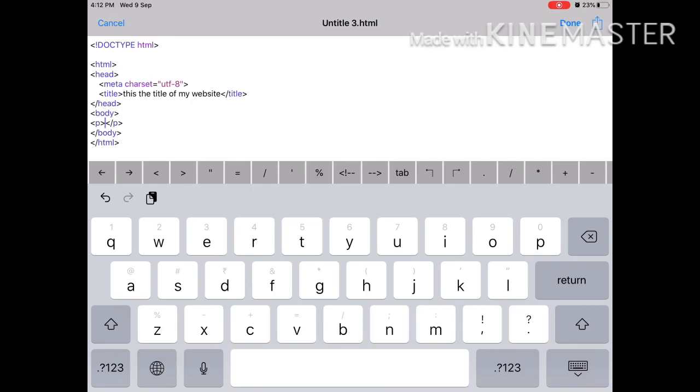P element is for paragraph. As you can see, paragraph spells P-A-R and whatever. So the starting P is for paragraph in HTML. We don't write the full word paragraph in the element. We just need to write P. So now I write paragraph 1. So this is our first paragraph. Now if we do the same thing, P, and then write paragraph 2.